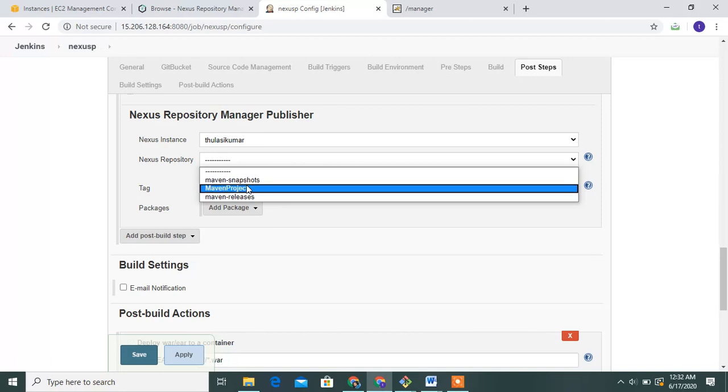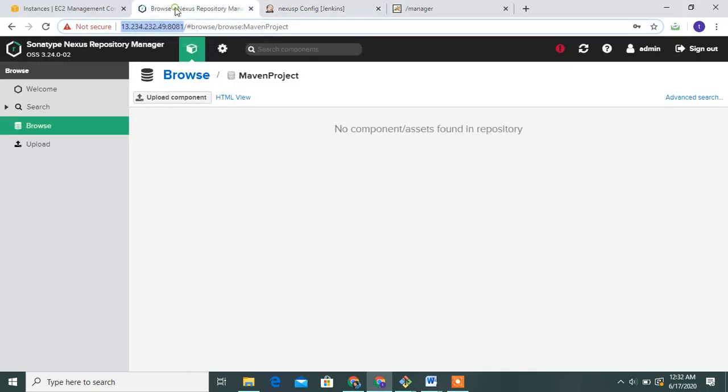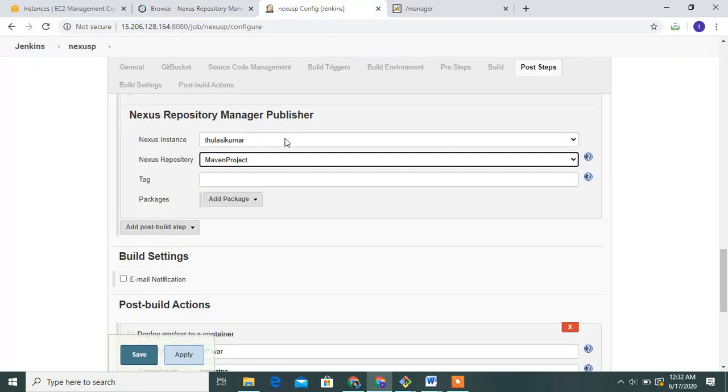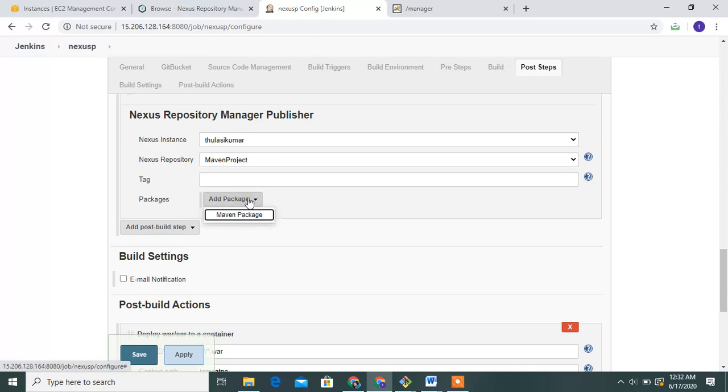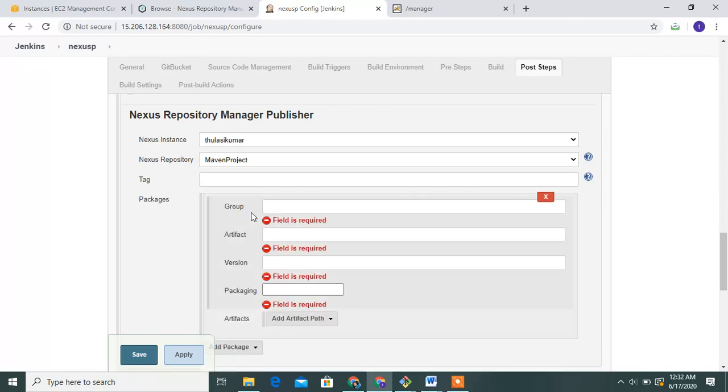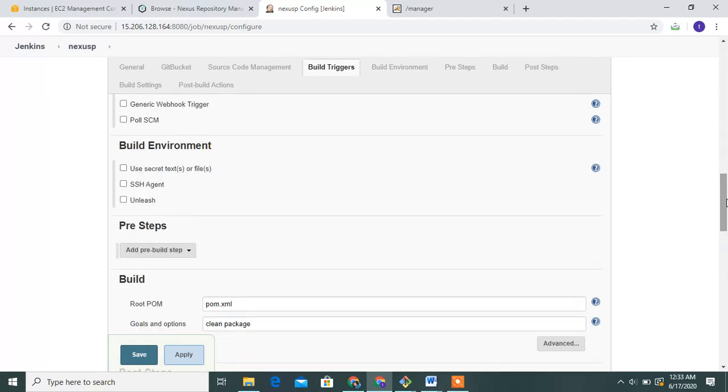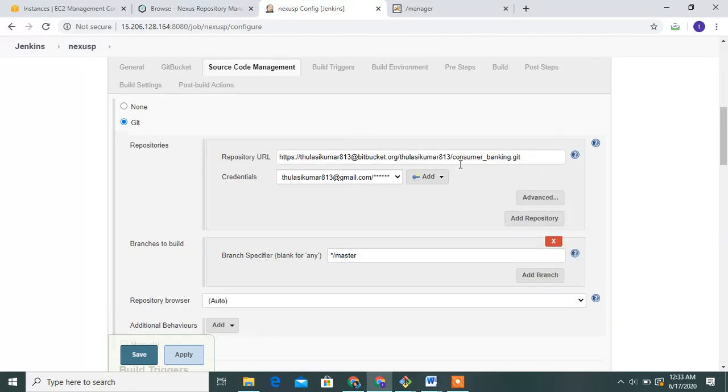In my case, create one Maven project. See this, guys, create a Maven project and select the Maven project. Then select Maven package and write the group and artifact ID. In my case, selecting anything, guys, your choice.